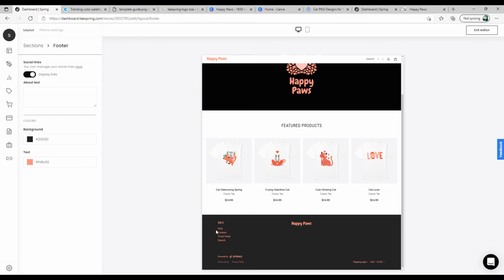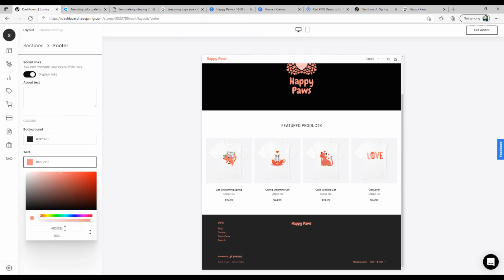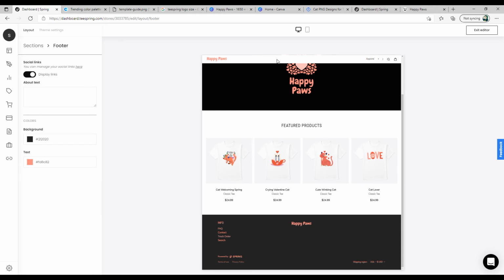Then also you can customize the color of the text that you see on this particular area. Since I have this pinkish orange color, I just made sure it is the same thing. You can use a color picker Chrome extension. Just search for color picker and there will be a Chrome extension. You can use that to go here and click and pick the color, and that is going to give you the hex code. Then you can go to this particular section and paste the text code. So just search for color picker. It is going to give you a Chrome extension. Use that and you can use that particular extension to pick the hex code. So that's it. That's how you change the footer.